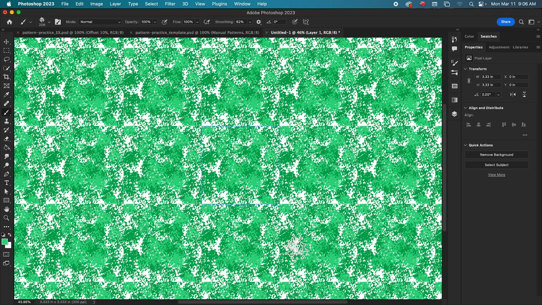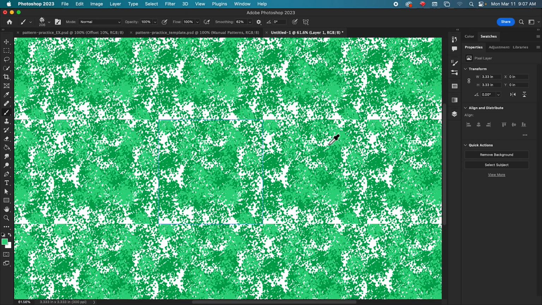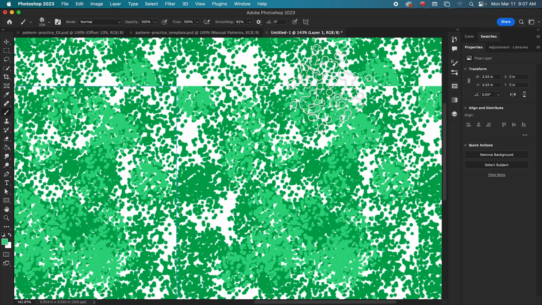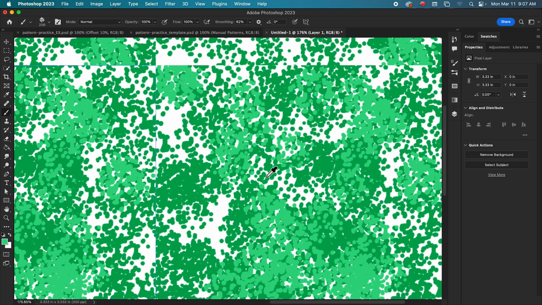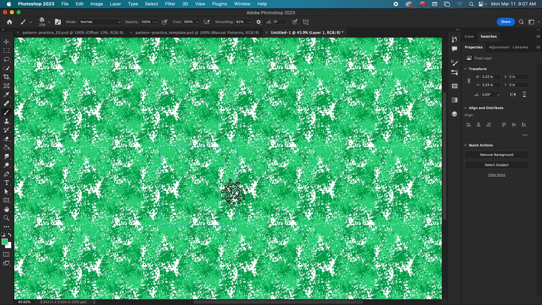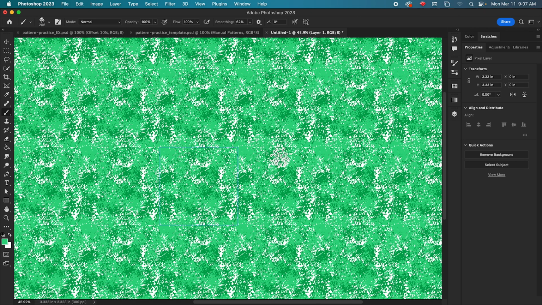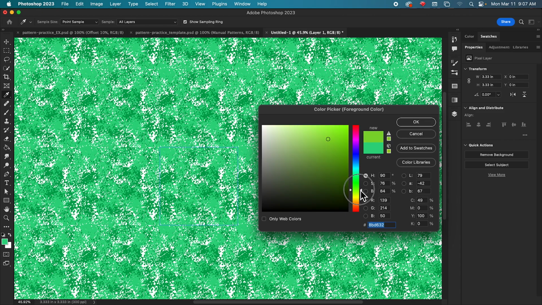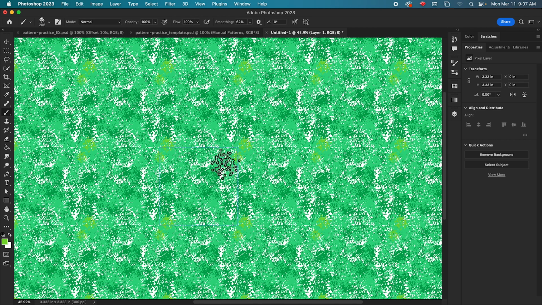So now what we need to do is add more to the pattern so that we don't have these sharp edges here, like this or that. And we can do that by drawing anywhere inside or outside of our canvas to fill the pattern in. Switch to another color here.